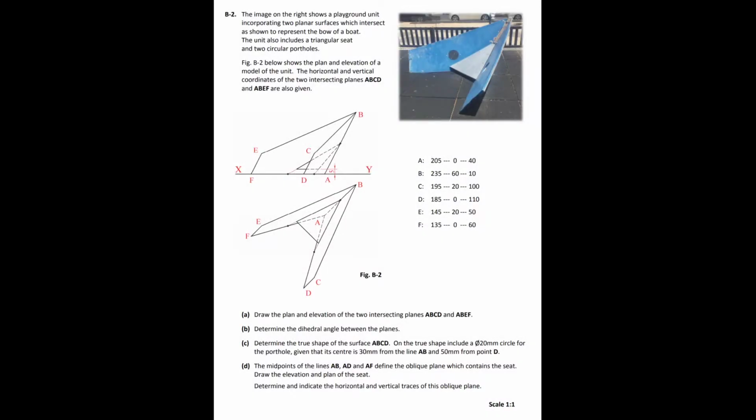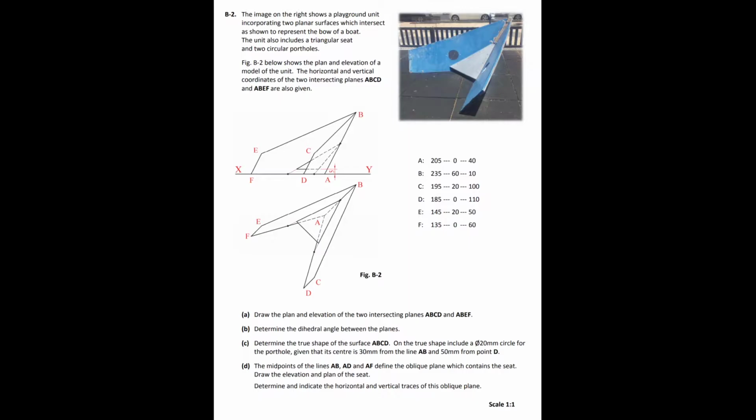In this video I'm going to look at the 2017 higher level question B2. It looks at dihedral angles, traces and coordinate systems. So we'll just have a quick read through the question first. And the image on the right shows a playground unit incorporating two planar surfaces which intersect as shown to represent